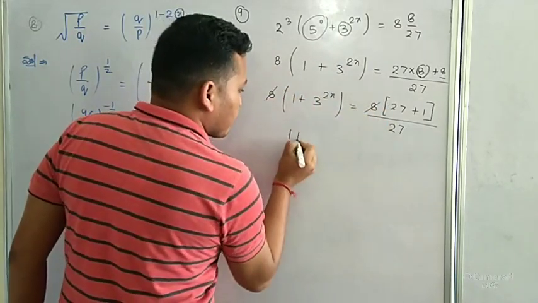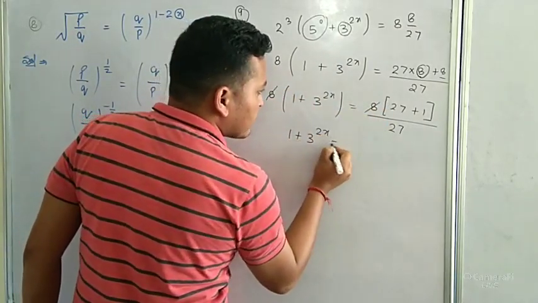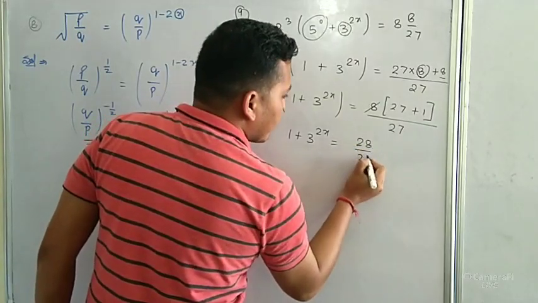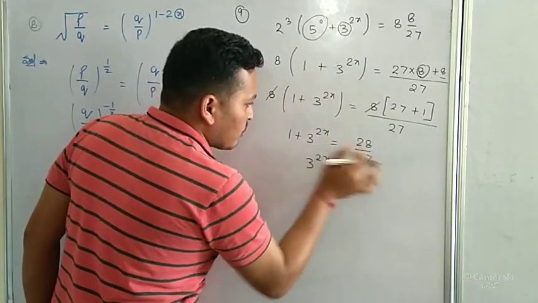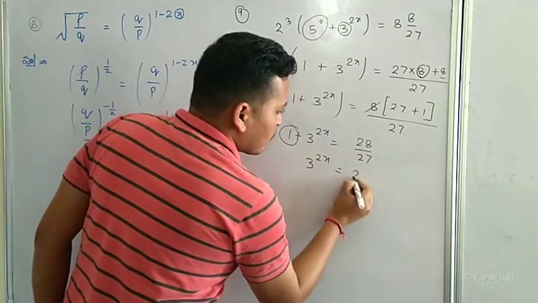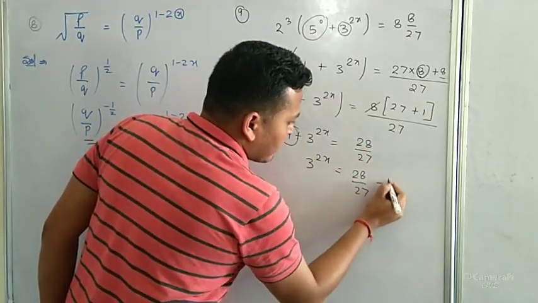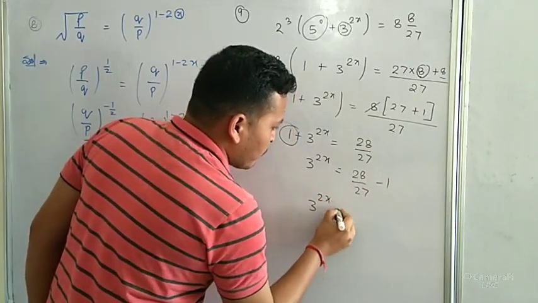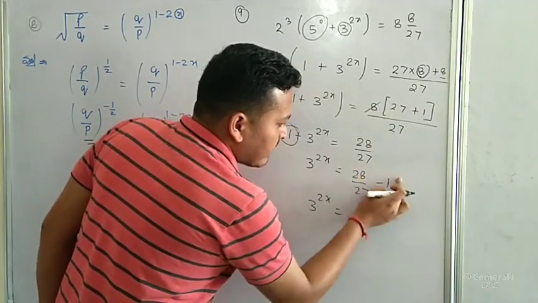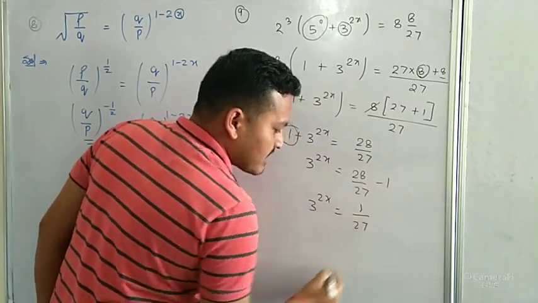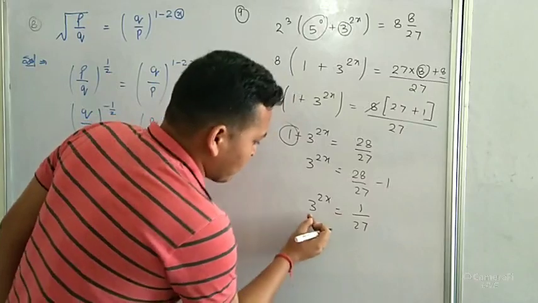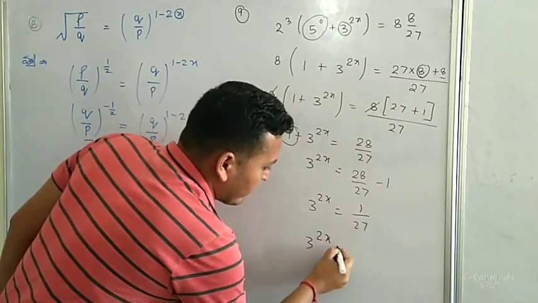Okay, so 1 plus 3 to the power 2x is equal to 28 upon 27. Now 3 to the power 2x, हमें 3 बनाना है दोनों साइड, इसको भी साइड करो यहाँ से, तो 28 upon 27 minus 1, तो 3 to the power 2x is equal to LCM 28 minus 27, तो 28 minus 27 1 upon 27। हम लोग अपने टारगेट की तरफ पहुंचने वाले हैं।